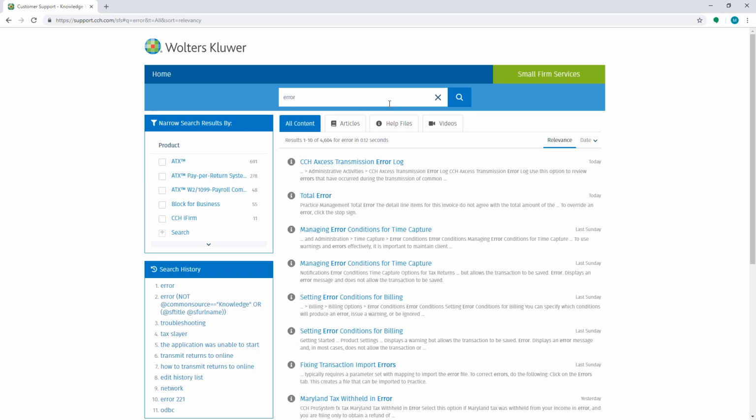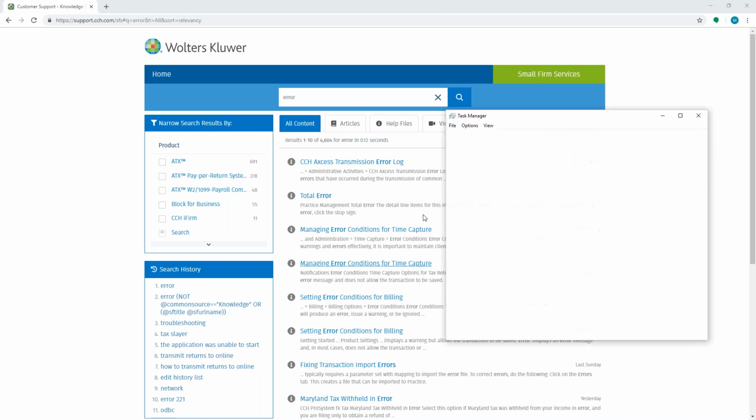And I cannot reiterate enough, if you are on the online version, that's great, because there's not a whole lot of things that have to be done with the online version, which is fantastic. There's a lot of things that come into play when you're doing the desktop version. So if you don't understand the error, or if something's going on, and especially if you already have an installation running in the background but you don't see it on your desktop, you may need to go into your task manager and look for, it's called the